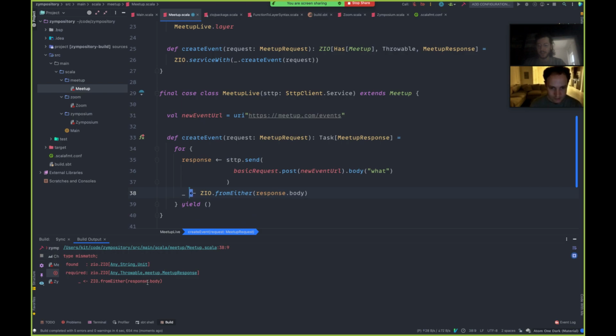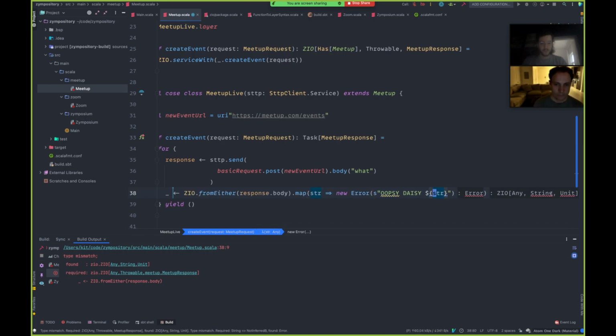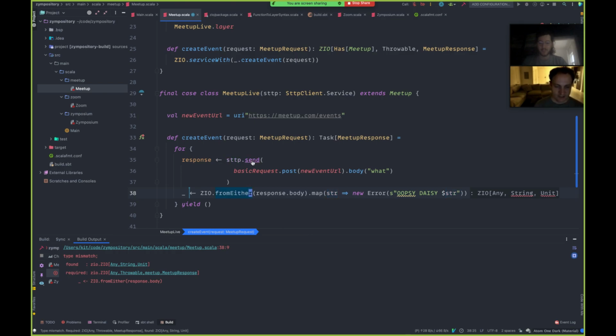Yeah, so now it's saying it's Any, String, but it should be Any, Throwable, so it's confused because String is not a Throwable. We can make it a Throwable, actually, by taking this and just making ourselves a new error for now. Oopsie daisy. And then taking whatever that string was and throwing it in there. I don't know what that string means. It would be nice if that were typed somehow, but it probably says...